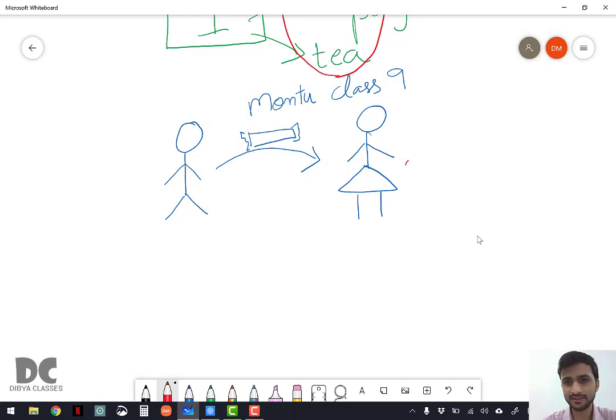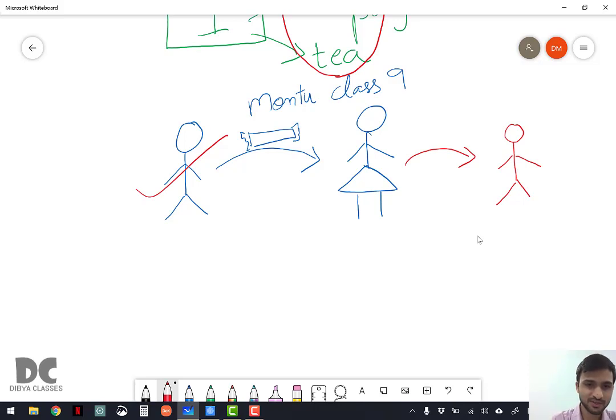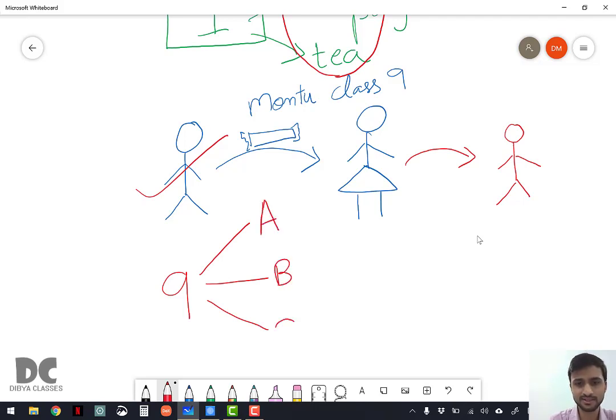The teacher sent another boy, not this one, to go to class 9 and ask for Montu. In class 9 there is not a single class, but 3 sections: class 9A, class 9B and class 9C.